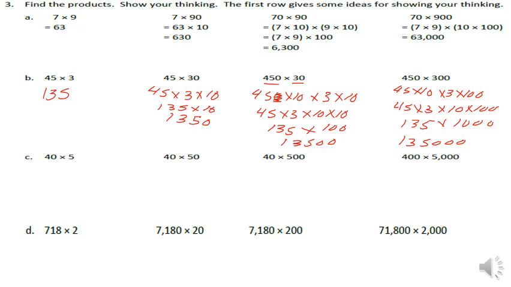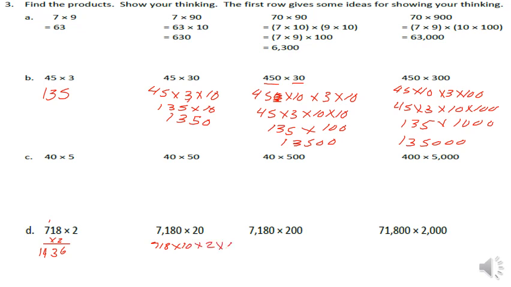On D, I know I'm multiplying by 2, so 2 times 8 is 16. I carry my 1. 2 times 1 is 2, and 1 is 3. 2 times 7 is 14. So I end up with 1,436. Now that we have that worked out, we know we can break this down to 718 times 10